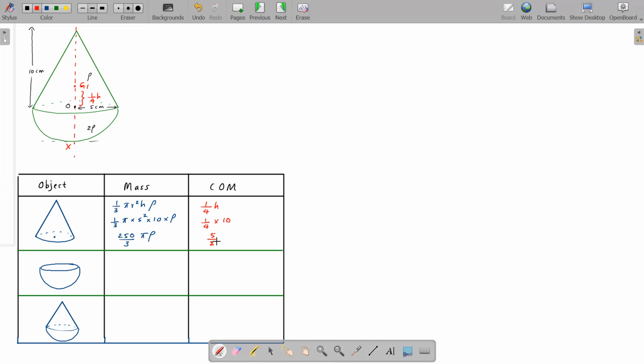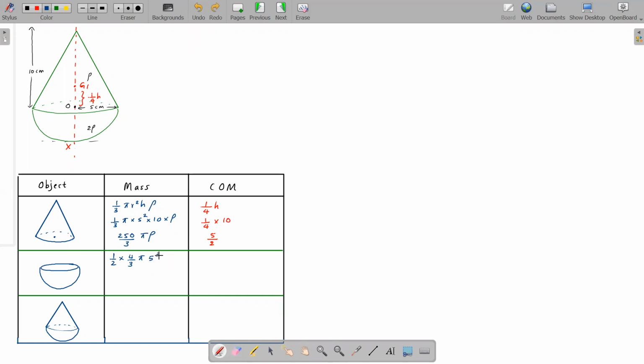Okay, and now let's go for the hemisphere. The mass of the hemisphere is basically volume. The volume of a sphere is 4 over 3 pi r cubed. So for the hemisphere, half of 4 over 3 pi r cubed, right? The radius is 5, right, guys? R cubed is 5 cubed. Half of 4 over 3